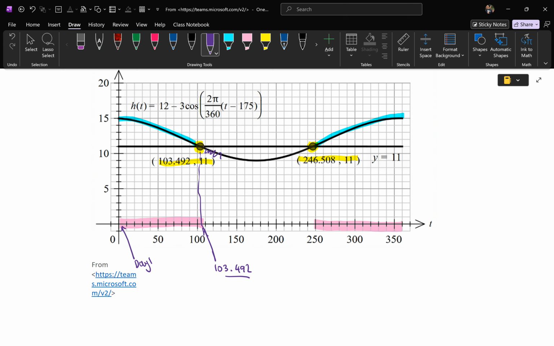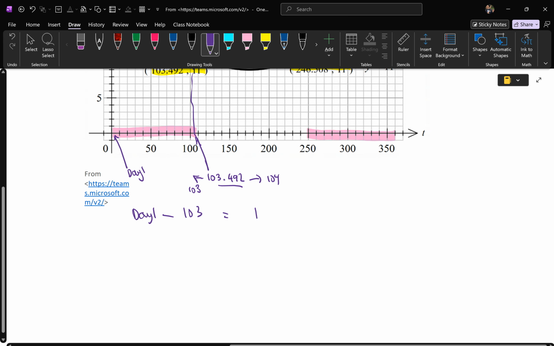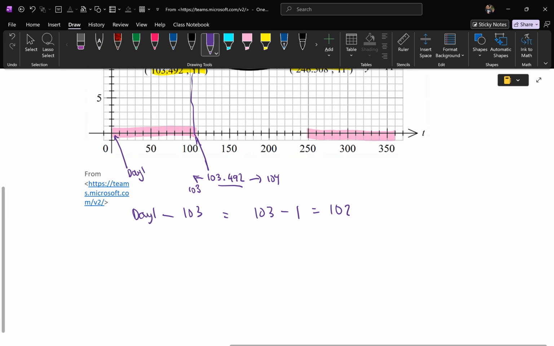So you can't have it to 104 and you have to go back to 103 to still maintain in this blue region. So that means you're going from day 1 to day 103. And the natural instinct is that most students will just do 103 take away day 1, and that says that's 102 days, right? But if you think about it logically, if I asked you how many days are there if it was day 1 to day 2, if those are the 2 days that has 11 hours and above, you